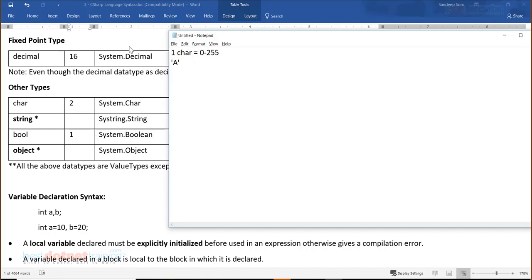We cannot expect A to be stored on the hard disk. A is not punched on the hard disk. A, B, C, D, these are all characters. So we cannot expect these characters to be punched on the disk. So what is stored? The binary value of A will be stored, which for A is 65. Generally we call these ASCII values. ASCII value is a number equivalent of every character.